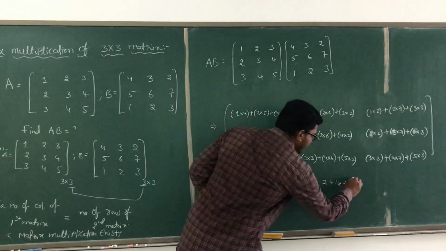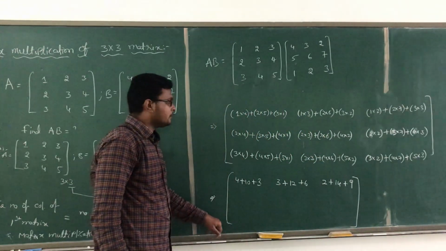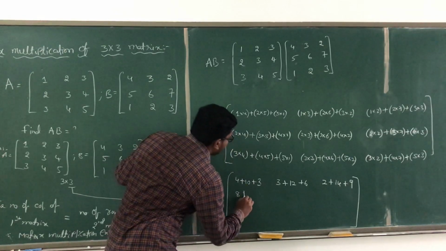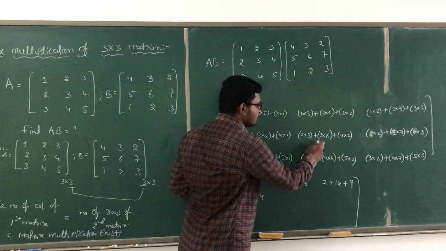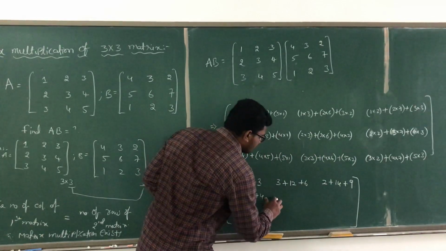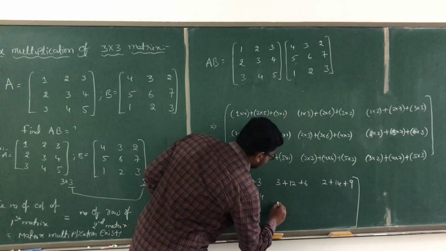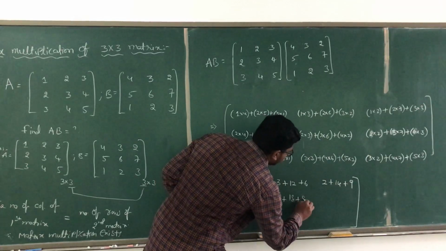Now close the bracket. This bracket indicates the matrix symbol. Okay. Now 2 4s are 8 plus 3 5s are 15 plus 4 1s are 4. Similarly, next move to the second column. Here also leave some space. Move to the second column. What are you going to write here? 2 3s are 6 plus 18 plus 4 2s are 8.